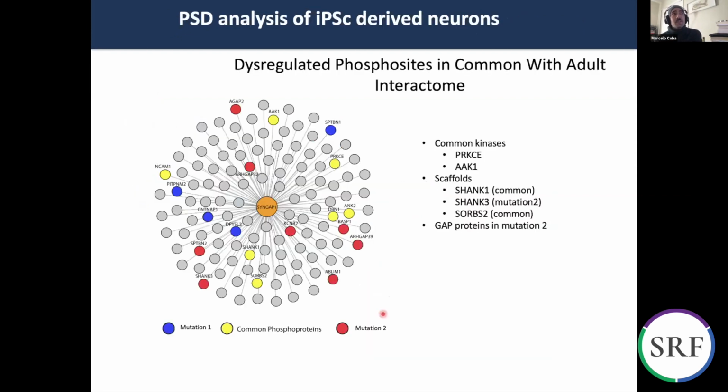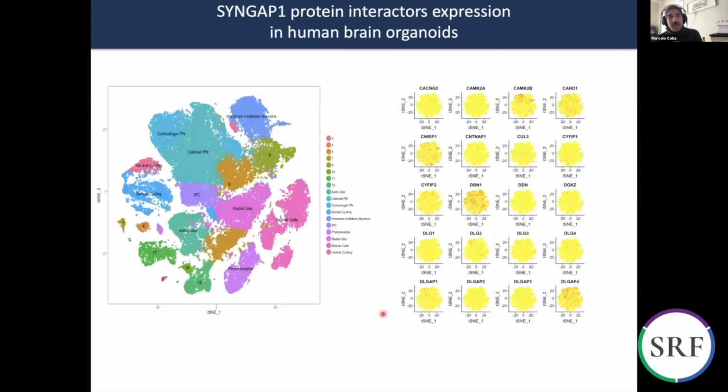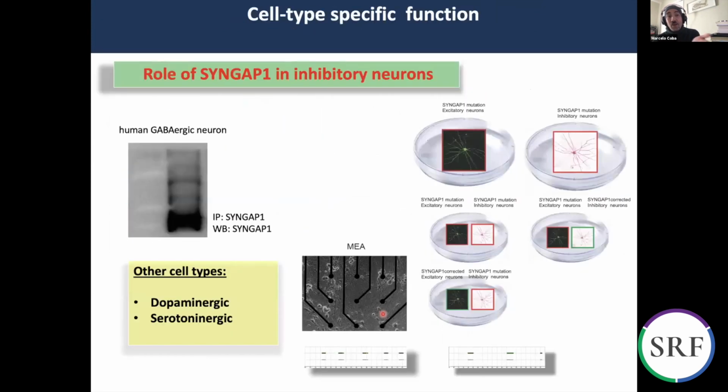So probably I won't have time to show all the data, but we mapped with the protein interaction data in these models as well which sites were upregulated or downregulated with each mutation within the SYNGAP protein interactors. And I'm not going to show anything related to brain organoids, but we got SYNGAP expression in brain organoids, also the interactors there, and we also derived inhibitory neurons